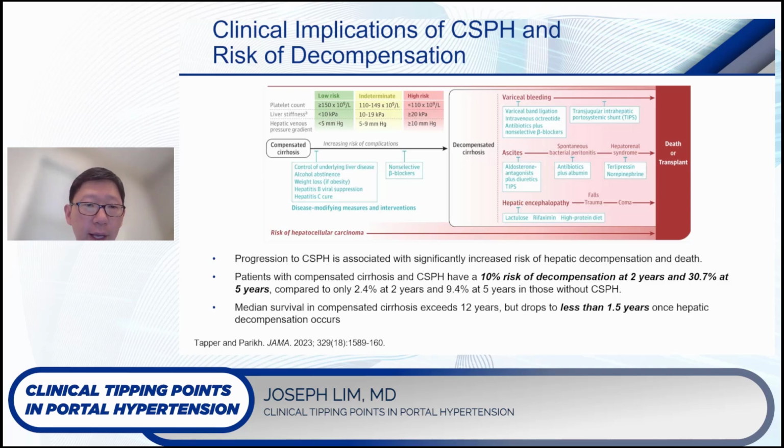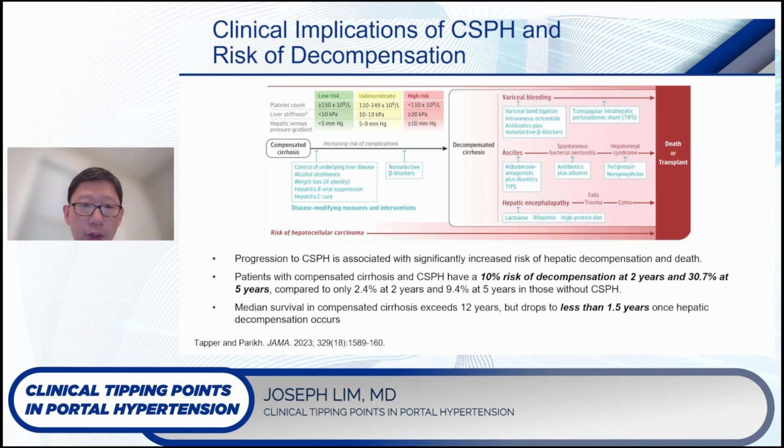And therefore, as the platelet count goes from more than 150 to 110 to 150, you're transitioning from someone who's at low risk to intermediate risk for CSPH. And once you get to below 110,000, the likelihood of CSPH and decompensation significantly increases. This also corresponds with varying levels of liver stiffness measurement: less than 10 kilopascals, low risk, 10 to 20 kilopascals, intermediate risk, and more than 20 kilopascals of pressure, high risk for CSPH